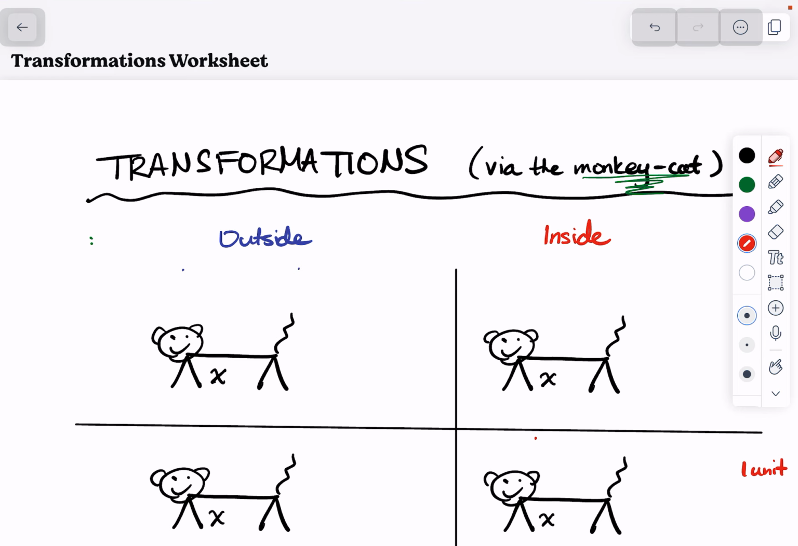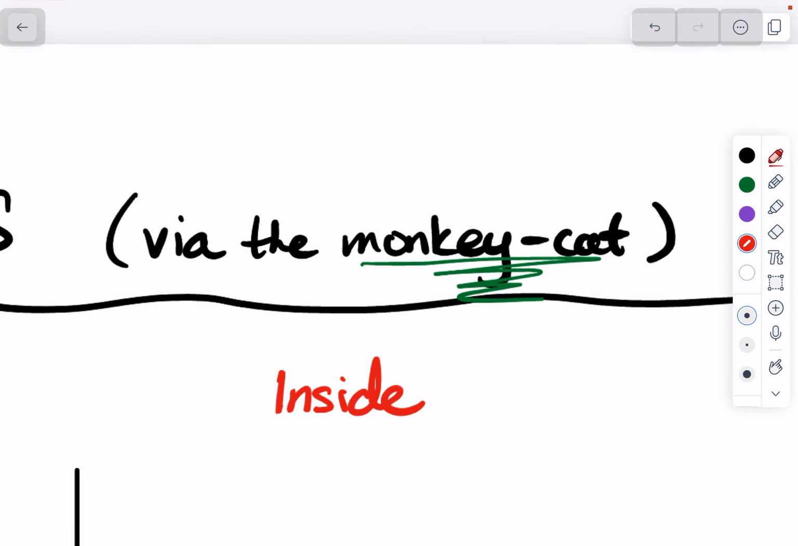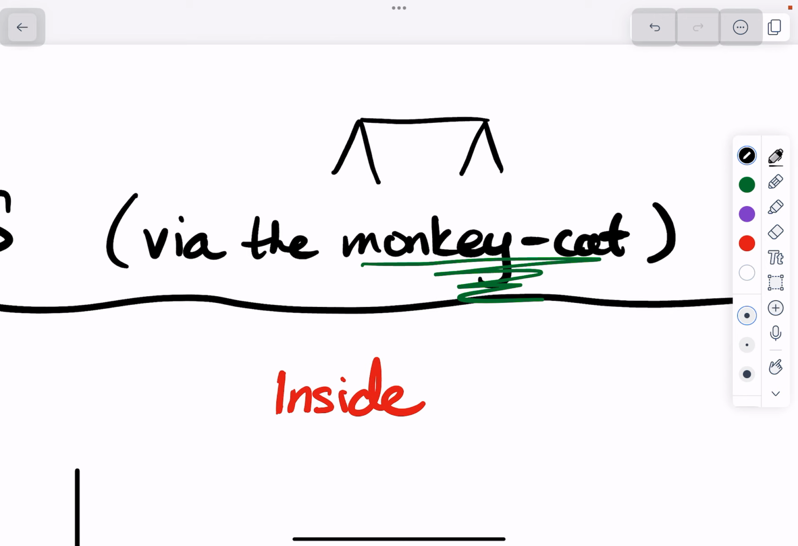We're doing something a little weird today, so we're gonna learn transformations via the MonkeyCat. And the MonkeyCat is essentially this little drawing that my mentor taught me my very first year of teaching. It's a monkey combined with a cat. And essentially, it's just a way to make this a little bit more interesting than just me drawing